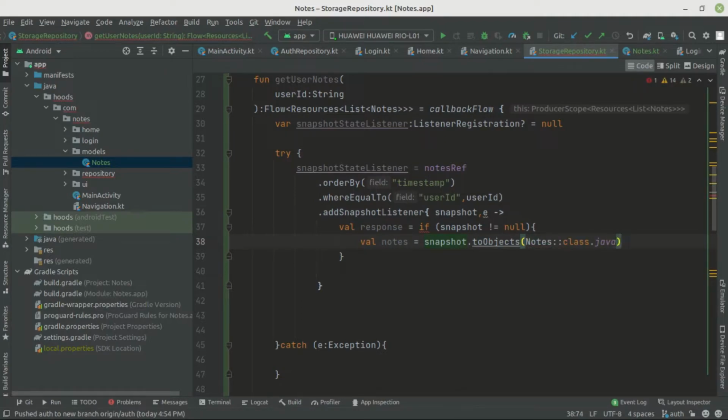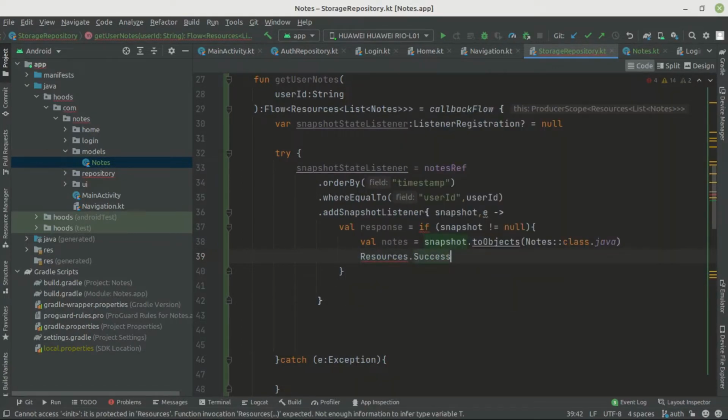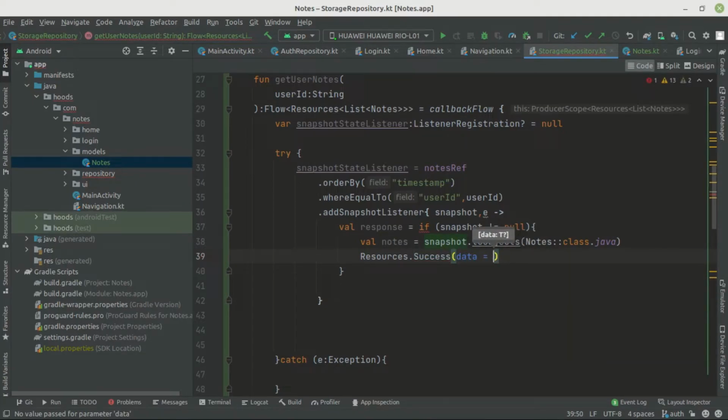Okay, so this is going to deserialize the data which is going to be returned, so it will be in JSON format. So we don't understand this, so we are going to use this toObject here in order to deserialize the data which has been returned, and it must conform to this style here. And for that case here we have our node, and we want to emit now our success, so we can just call here our resource, and we have to provide our data. So the data is going to be our nodes,